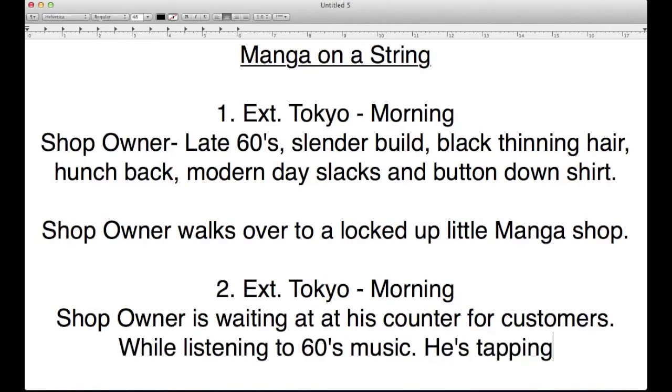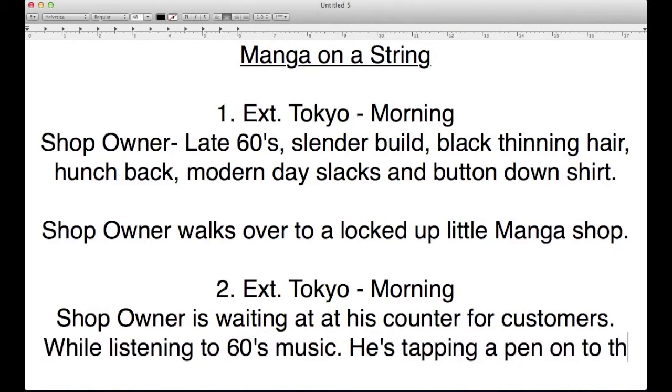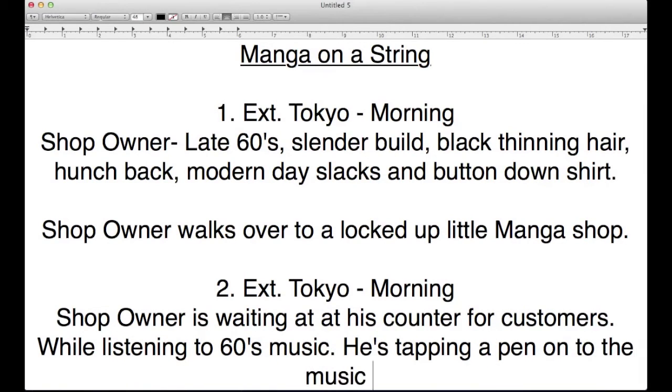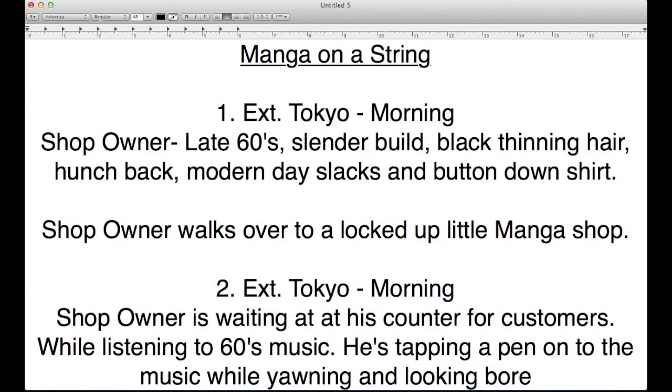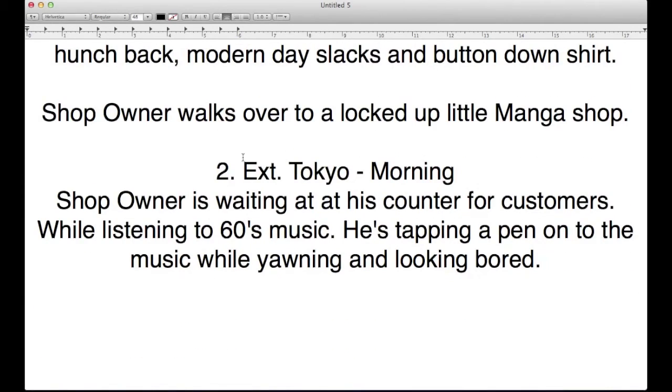He's tapping a pen to the music while yawning and looking bored. So right now, in our scene 2, actually I'm going to change that exterior into interior because he is inside of the shop. So our scene 2, interior,